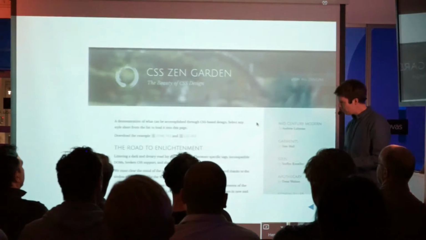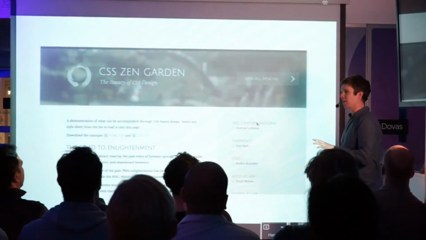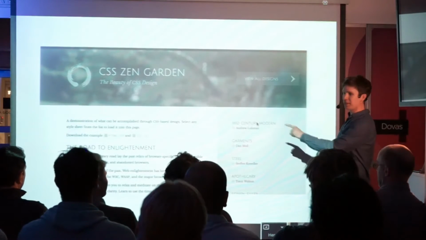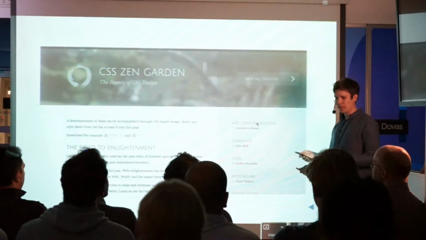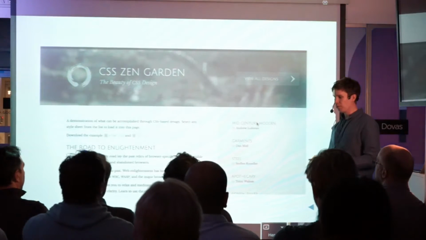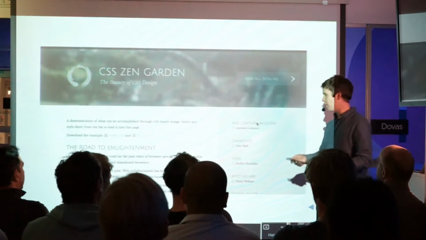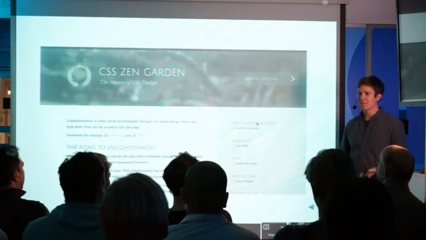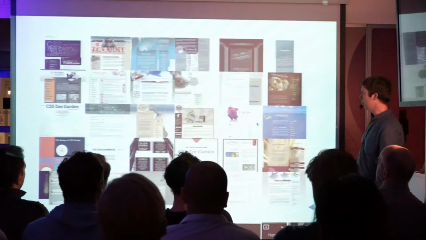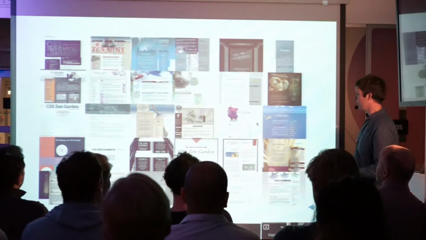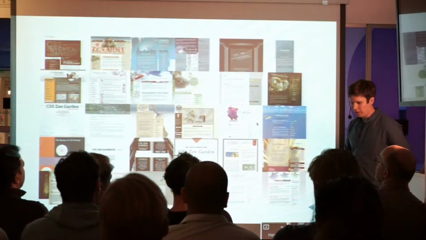And so when I started, this was the go-to place for all things CSS. You went to this page and you could click different things that made it look different. And this was how CSS was thought about. You produce a website and you produce the HTML and you keep it completely separated from the CSS. You apply CSS, you make it look good. Well, you can make it look all kinds of ways. And so that's CSS Zen Garden. But the web has come a long way since then.